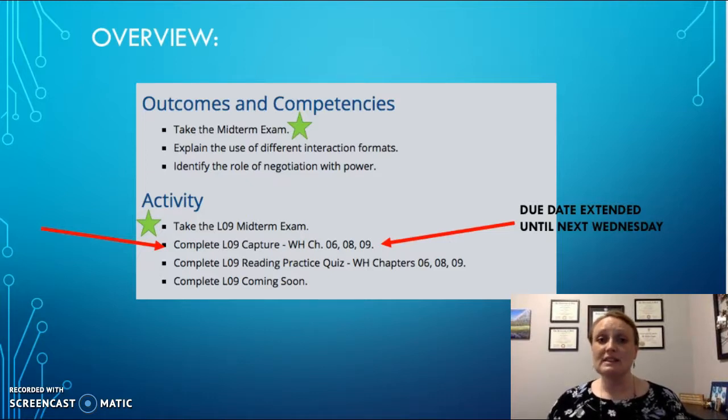Now, please don't see this as a free week not to have to do anything. That's not why I'm extending the due date for your capture assignment. I want you to be able to focus on studying for your midterm. Once you've taken your midterm, I would encourage you to start your reading material for your capture for this week. Because next week, you're going to be breaking up into partners and doing a case study, and you're going to have a normal amount of work for next week. So if you put everything from this week all onto next week, it's going to increase your workload. And that's not what I want to do.